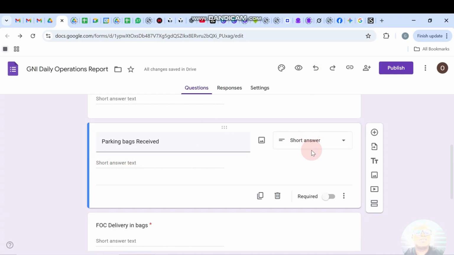Okay, so you can mark it required. If they didn't receive any, they will put 0. Okay, now